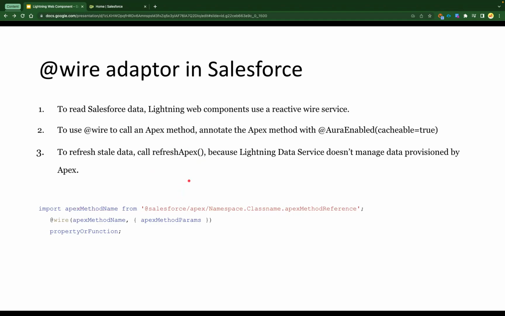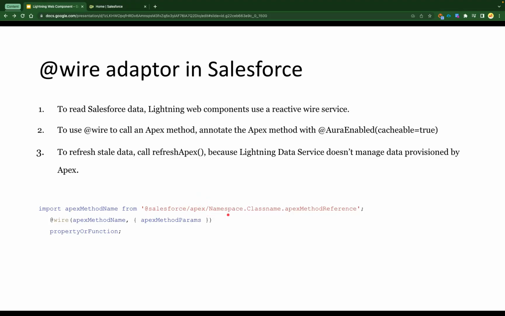Now, as we have already talked about, any method that we wanted to call from Salesforce or using a Lightning library like the UI record API, first of all, we have to import it. This is the import statement, very simple, like we have done multiple times. It is going to be import method name from, we will say @salesforce, and this time what we wanted to refer to is apex. Earlier we used schema, if you remember, because we wanted to read the object and its fields. But this time we wanted to use apex because we wanted to go to an Apex class. So we will say @salesforce/apex